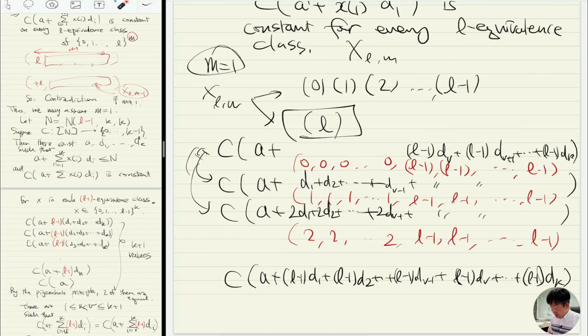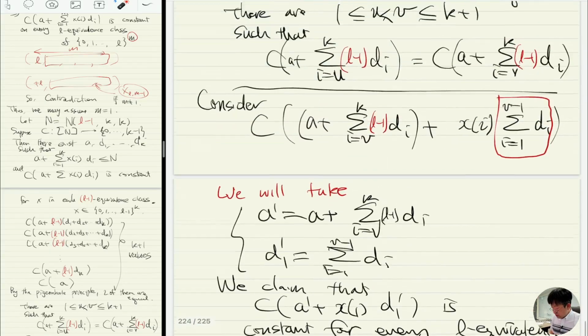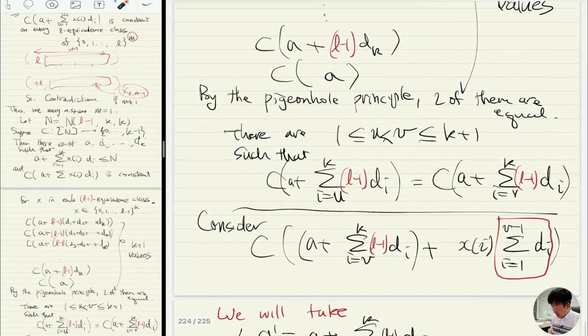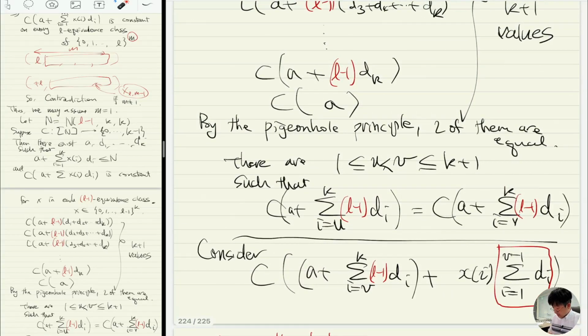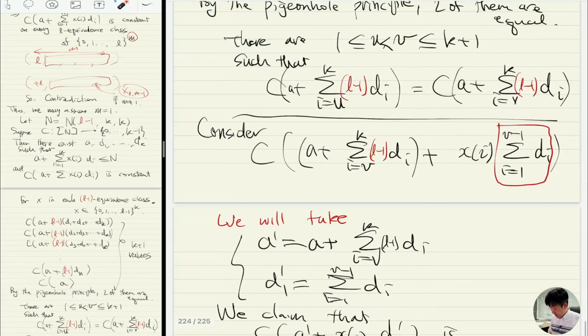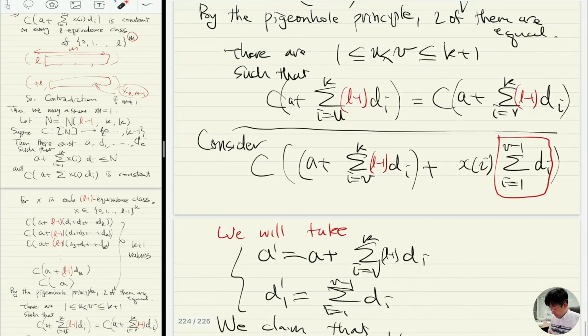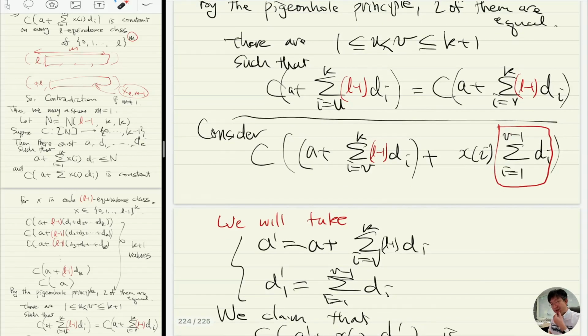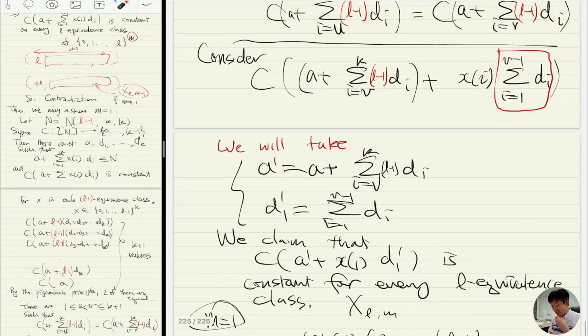But this is exactly why we chose v as that, because when you look at this, that color is the same as the color, right, v to k is the same as u to k. Okay, so what does that mean? That means